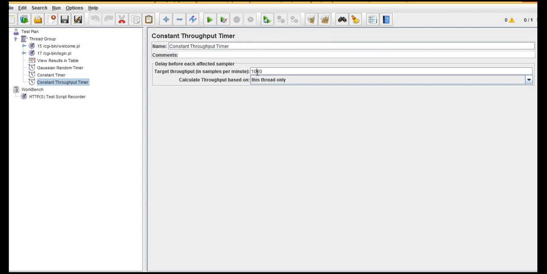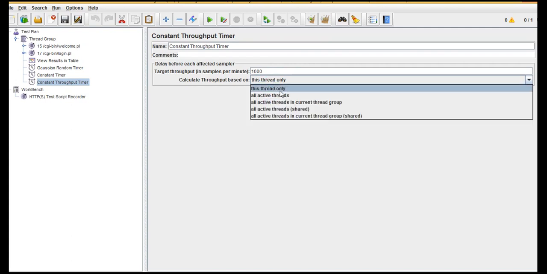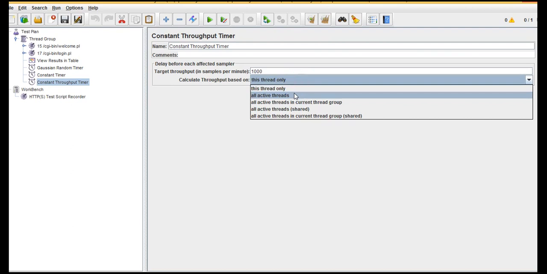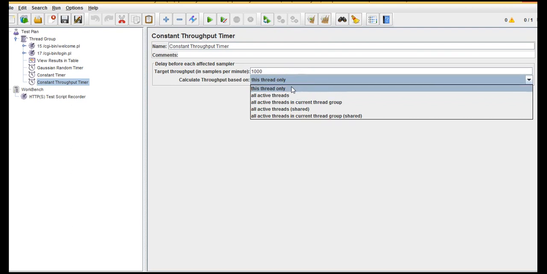Once this request load comes down or the serving is done, then other requests will go into execution mode. Got it? So this is where you use the constant throughput timer. It calculates throughput based on this thread only. If you have multiple threads, say 10 threads running at a time, it calculates for all the threads and gives the output. It's up to you what you use in this drop down.